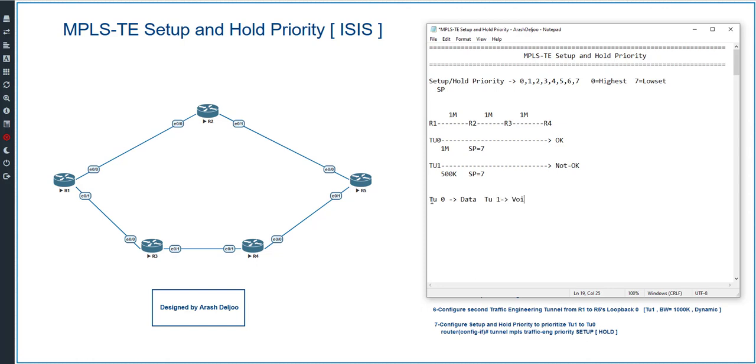Okay, this is the voice. You know that voice needs more quality of service, and because of that we give priority to voice. But because we first configured tunnel 0, now data can pass from R1 to R4 with this tunnel, and the voice should be dropped. Okay, I will talk about the detail of the setup priority and also hold priority, but for now we can